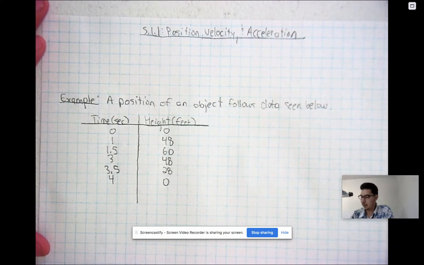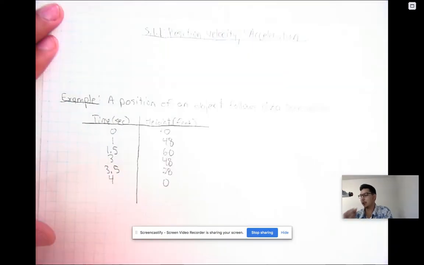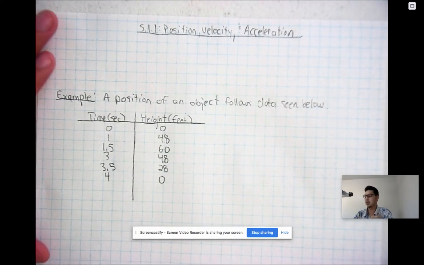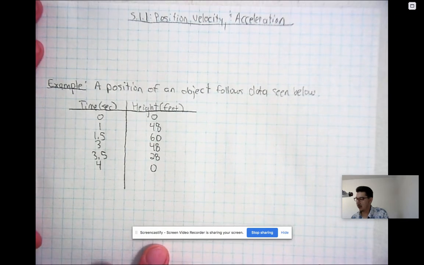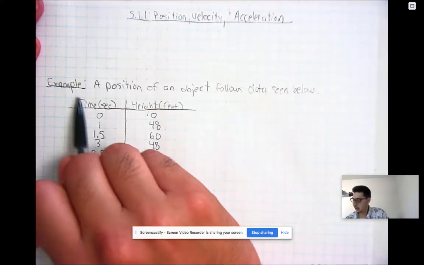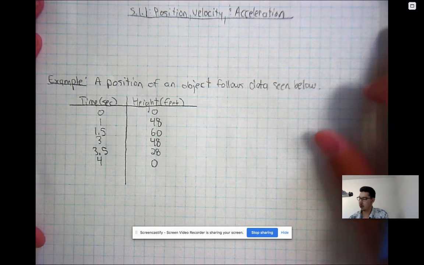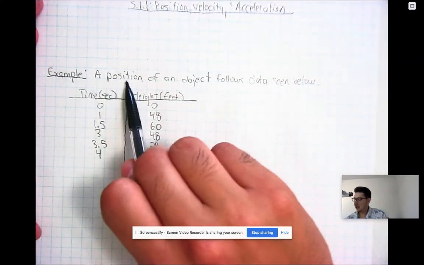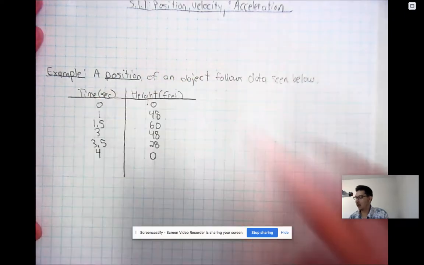And at the beginning of this chapter, we're just going to be relating it back to how position, velocity, and acceleration relate, which hopefully at this point you feel like you have some sort of idea, and hopefully this just cements it for you. So we're going to look at it through two examples here, which will help with your problems in the assignment for this. So the first example here is, say we have a position of an object follows the data seen below,